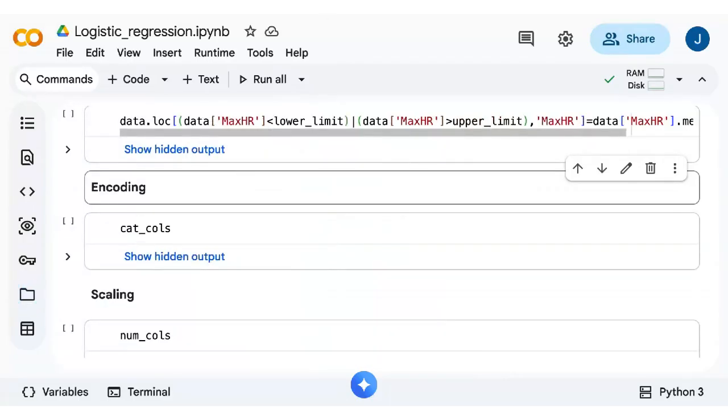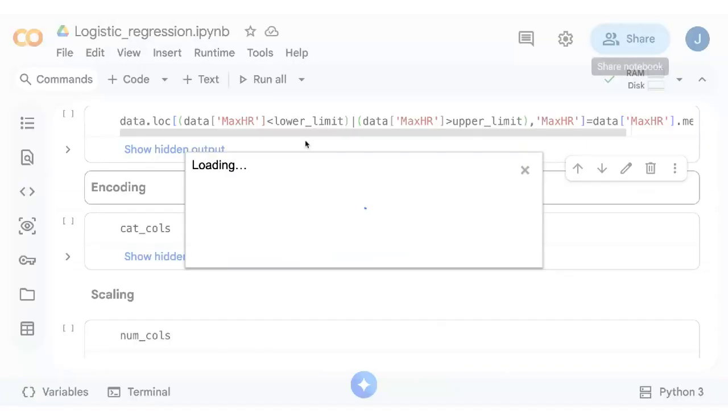So basically, in the last class we were discussing the implementation of logistic regression. We took heart data and we have to build a model to predict which patient has a high chance of getting a heart attack or not, right? So please open a notebook and also upload the data. We'll continue further today.